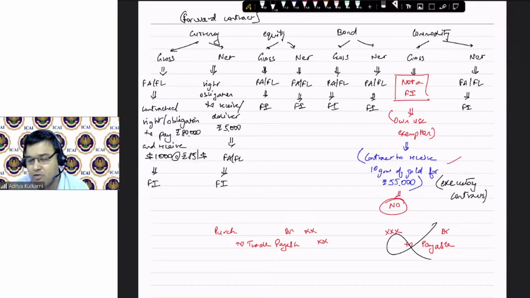If one party fulfills the obligation, then the counterparty has an obligation to pay the cash. So in our example, if Tanishq delivers gold on that particular day, and for some reason you could not pay the cash, then you now have a financial obligation to deliver 55,000 rupees cash. Okay, you now have the obligation. Is it okay? Have you understood? Yes or no?